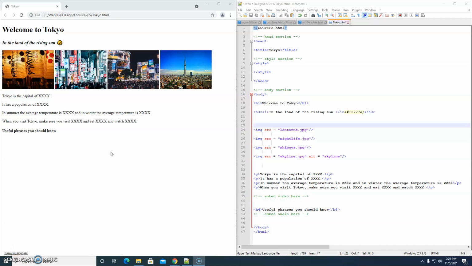Hi everybody, welcome to this introduction to styling in web design. As you can see, we have a web page here, tokyo.html, and here is the text file where we are creating the design of the web page, tokyo.html. As you can see, in the body of the web page, we have an h1 tag, there it is,